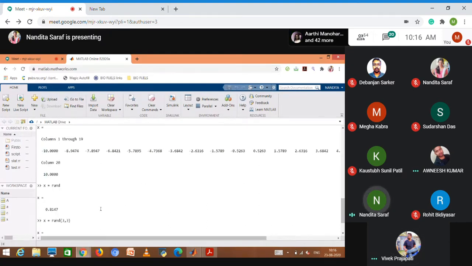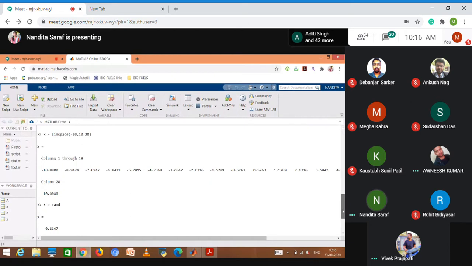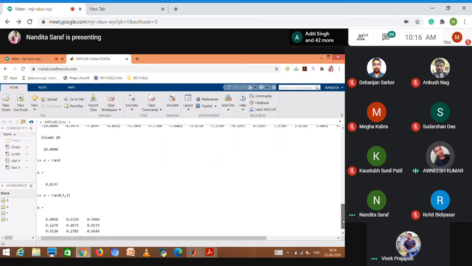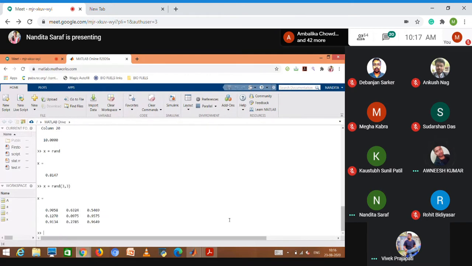Step size is 20, I think. No. The number of elements is 20. So initial is minus 10, final is 10, and the number of elements is 20. Ma'am, how do we get the step size?